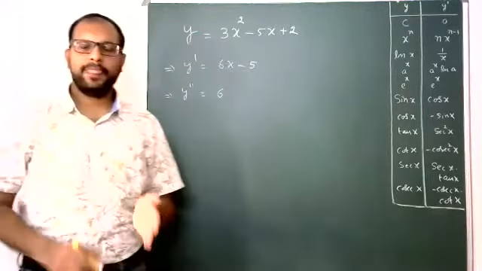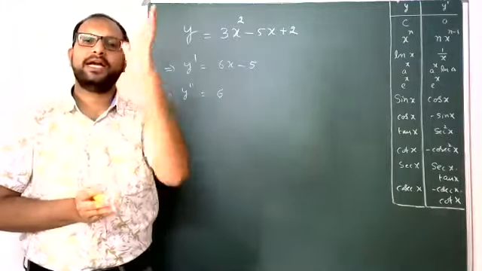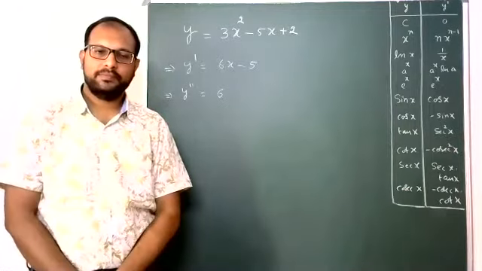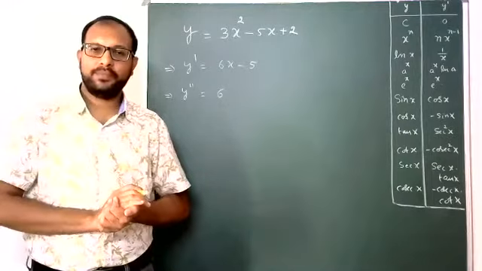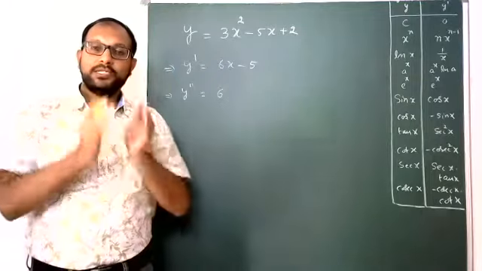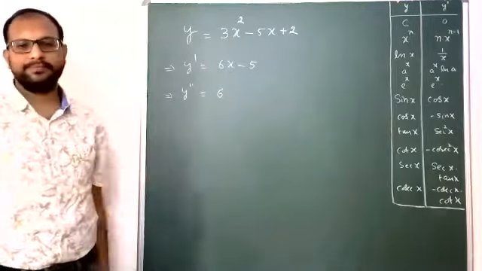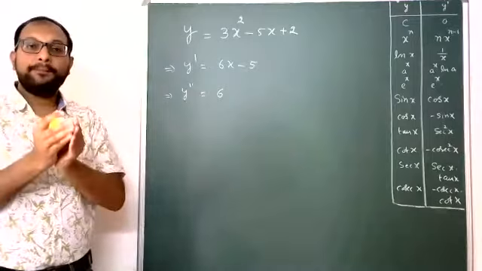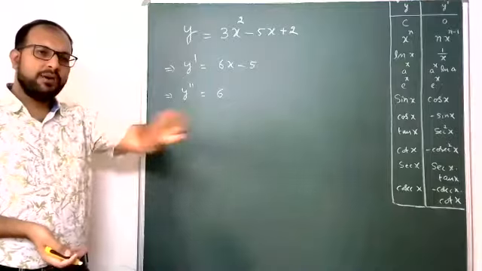Now all students know the derivative of a function means the slope of a curve. Here the double derivative of a function means the slope of the slope of a curve. Why am I explaining the second derivative? There are more applications in our physics. So the first derivative is over up to now.